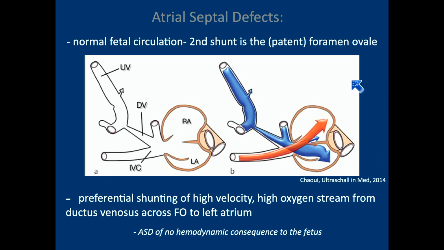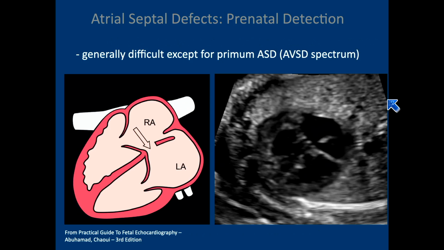So that shunt is there for a purpose, and the purpose is to deliver a high velocity, highly oxygenated stream to the left atrium. So knowing this, you realize that an ASD is really of no hemodynamic consequence to a fetus, which again makes it difficult to pick up because you don't really have any downstream flow abnormalities that you're going to be looking for. As we said, in general, these are really difficult to pick up